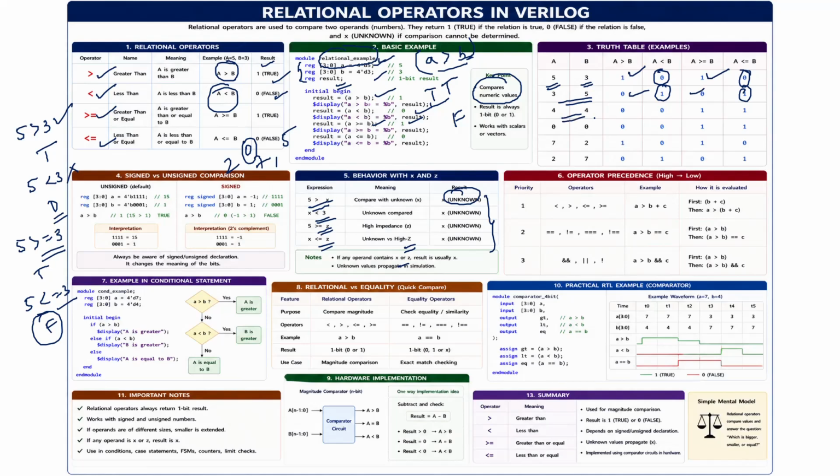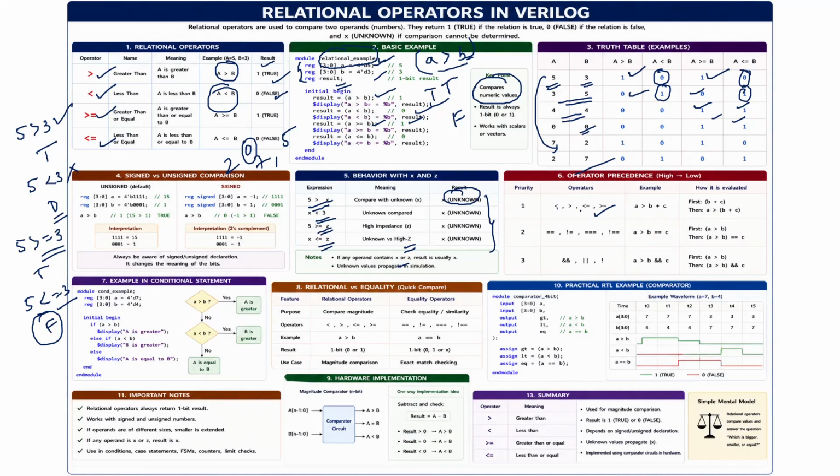Here the values are reversed, so less than and less than or equal to are true, and the greater than conditions are false. Here is the equality case: greater than or equal to should be true, and less than or equal to is also true, but less than and greater than are false. Here also 0, 0: greater than and less than are false, equal to 0 is true. The same condition applies for 7, 2 and 2, 7. The same example we are considering. So these are the relational operators: